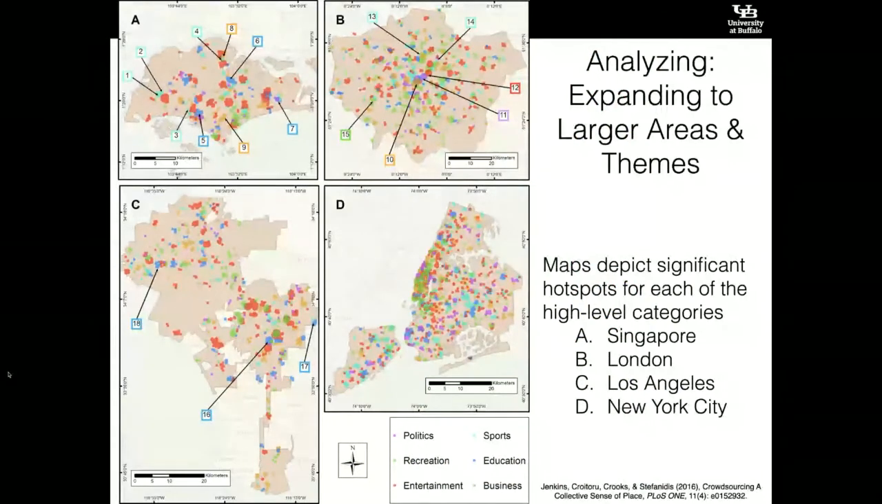We can expand that type of topic modeling to large areas. So here we have Singapore, London, New York, Los Angeles, and we can explore different topics and conversations. What's interesting with this type of analysis is we can get topics with respect to, say, education, the blue, and these topics of education relate to universities in, say, California, or business related, or recreation, like theme parks in